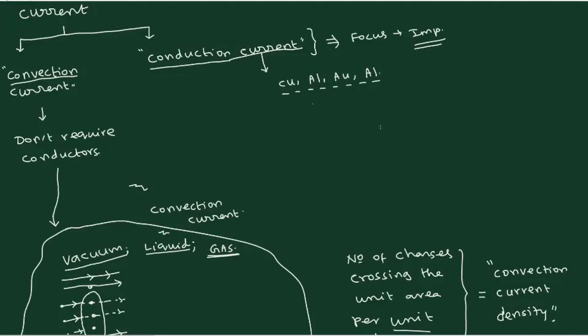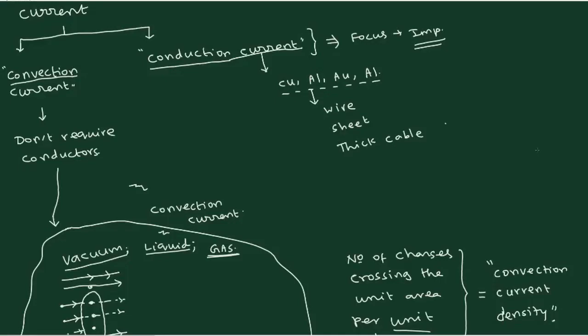So when these materials are present, these things can be available in different shapes. For example, it can appear like a wire, or it can appear like a sheet. You can have a sheet of copper, or a copper wire, or a thick cable. This is a difference that you have to note down: traditionally, when it is very thin, you say it is a wire, and when it is very thick, then we say a cable.